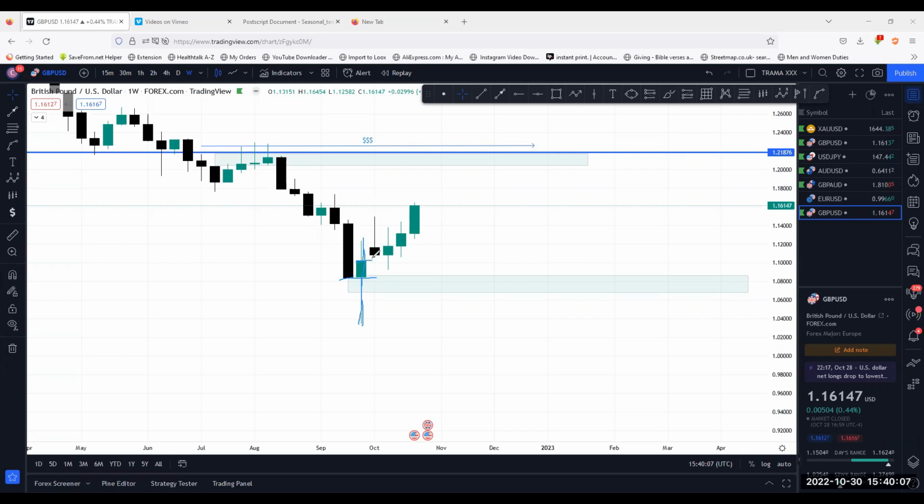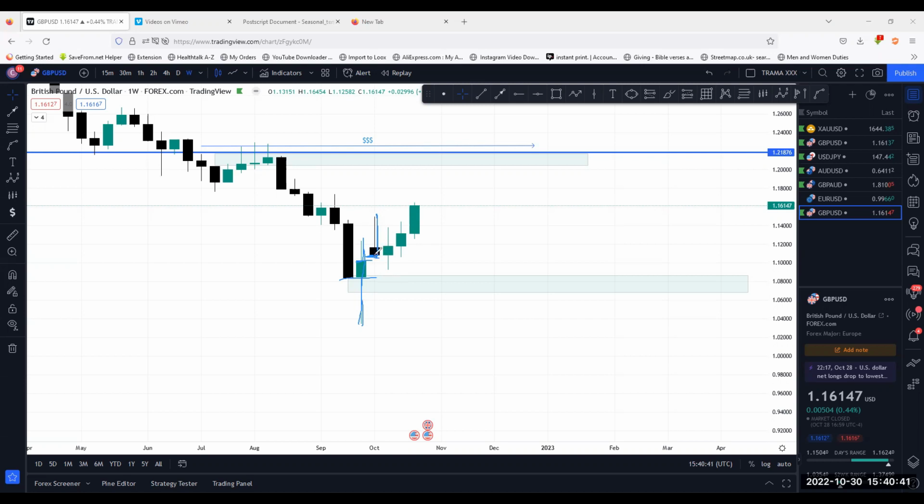But guess what it did? It jumped. There was a gap. Did you notice, guys? There's a gap there. The market gapped. What did it do? The market gapped and opened. The first thing the market did was to head down a little bit, and then started going up massively. And it headed all the way up throughout the week. Remember, this is a weekly candle, and then it smashed all the way down until it closed in red.